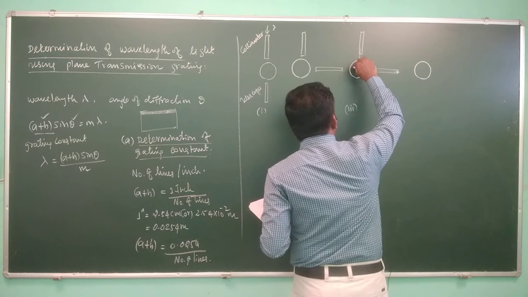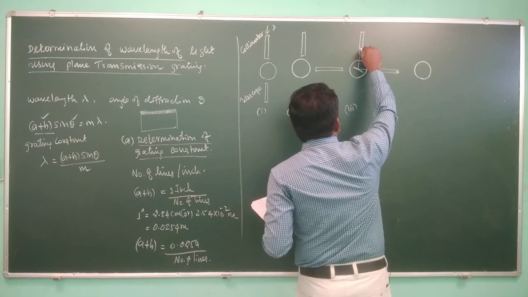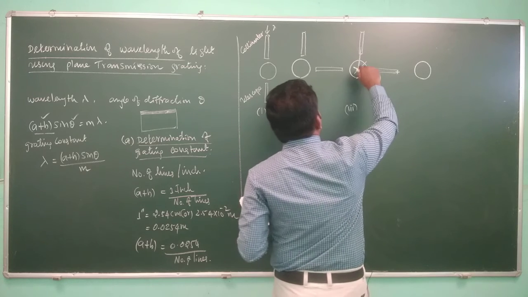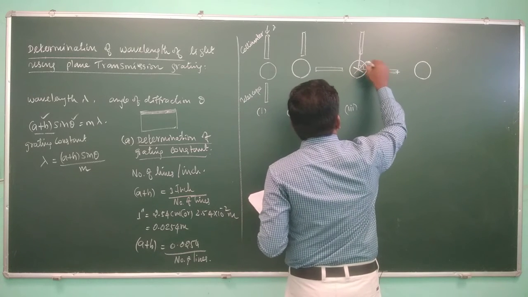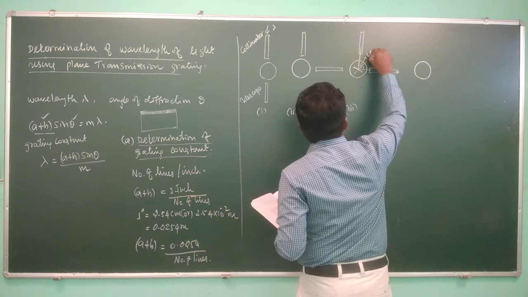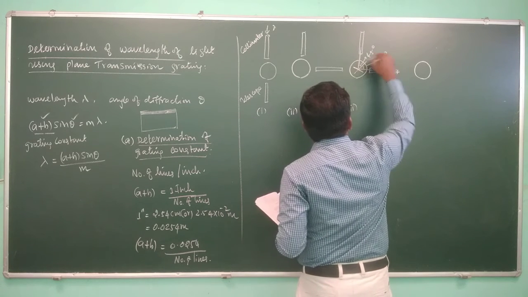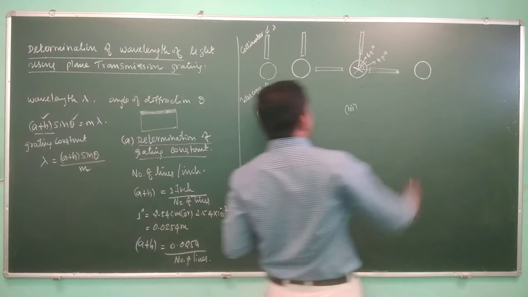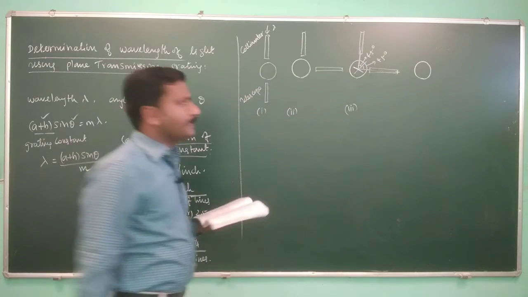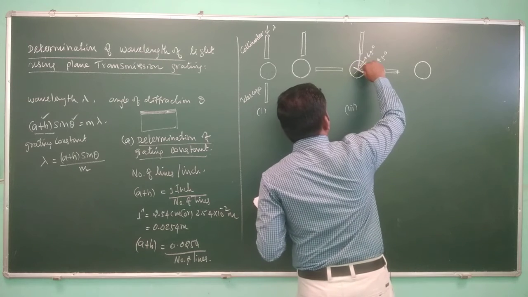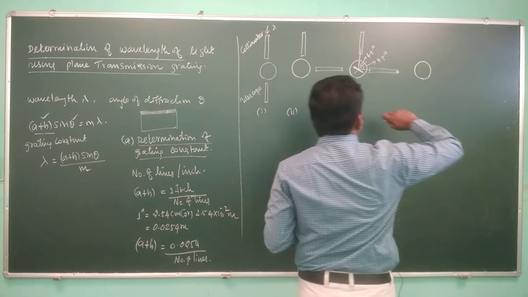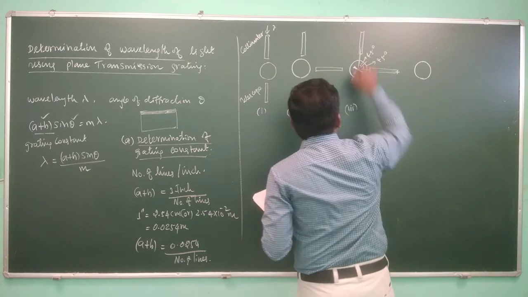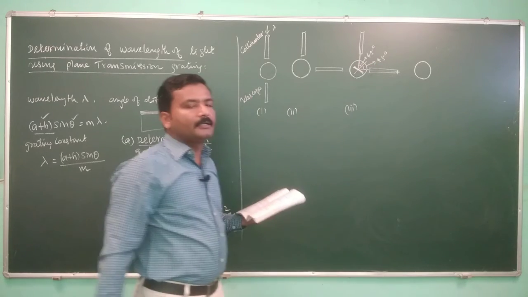If the prism table is placed in such a way that the incoming light ray makes an angle of 45 degrees to the normal of the grating position, then the angle of incidence will be 45 degrees, so the angle of reflection will also be 45 degrees. The incoming light ray gets deviated by 90 degrees and will be observed in the crosswires of the telescope. If this is the case, it implies that the grating is inclined at 45 degrees to the collimator or the incoming light source.